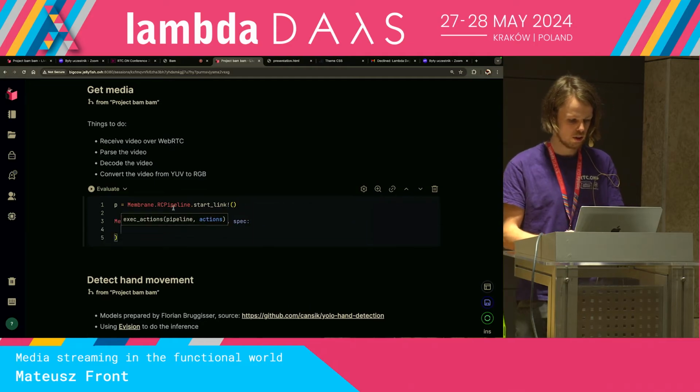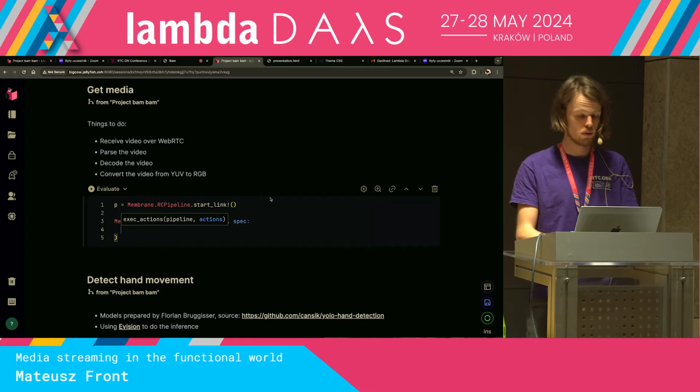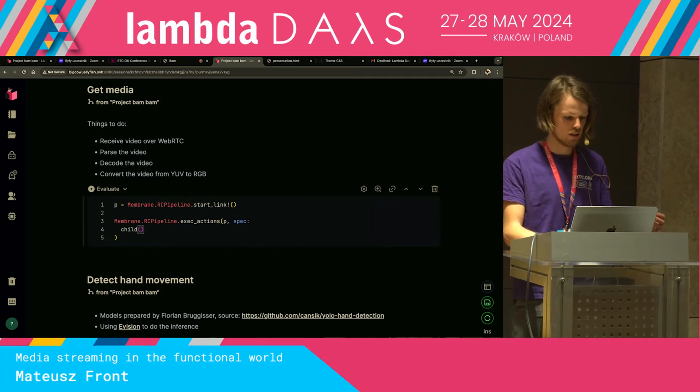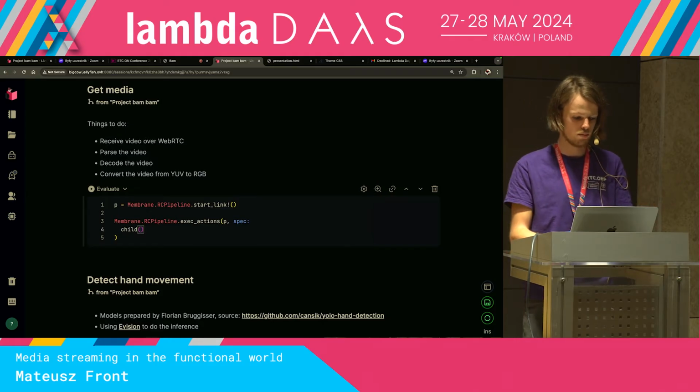So here we pass the specification of what should actually be in the pipeline, and we are going to use the child function to spawn the components within the pipeline. These children can also have children, so it's a parent-children relationship, hence the name. So the first component we are going to plug in is the membrane